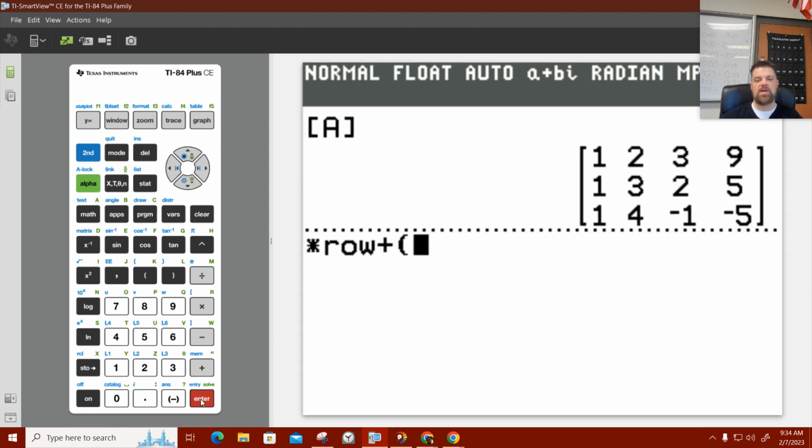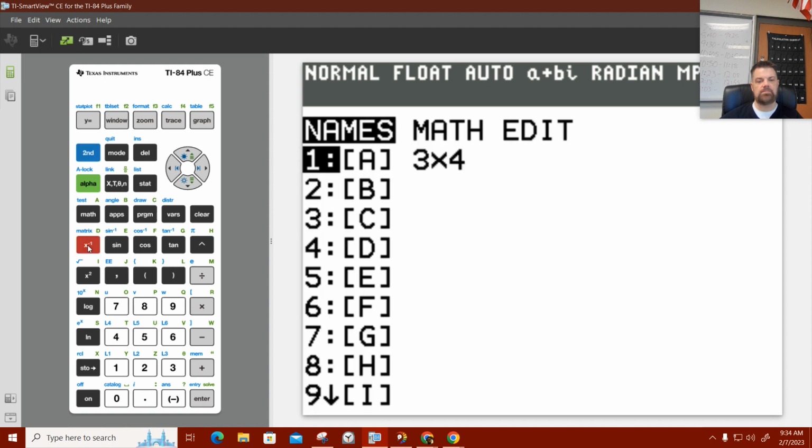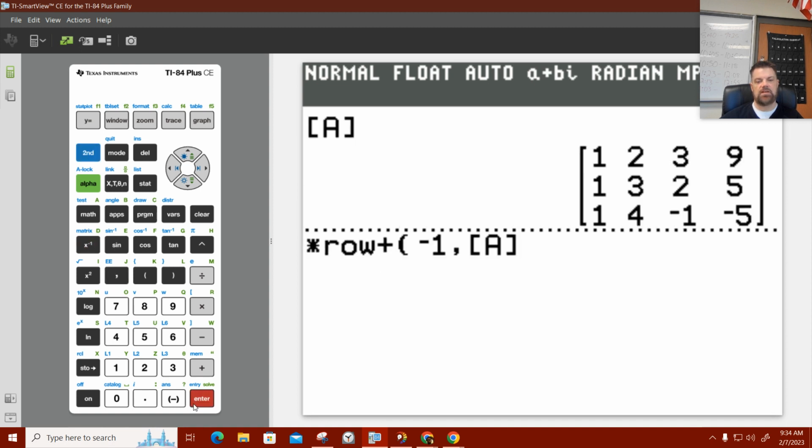And so what am I going to multiply? I'm going to multiply negative 1 of matrix A, right? Well, what row am I going to multiply matrix A? 1. And what am I going to add that to? Row 2. Okay? Now when I hit enter,